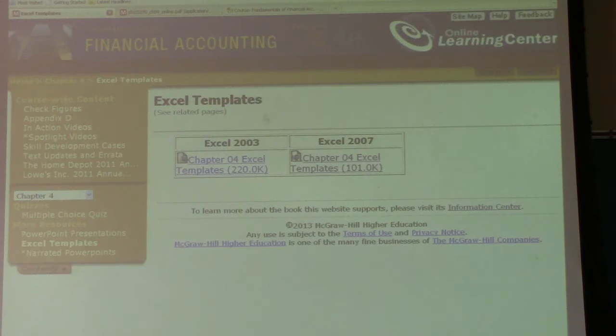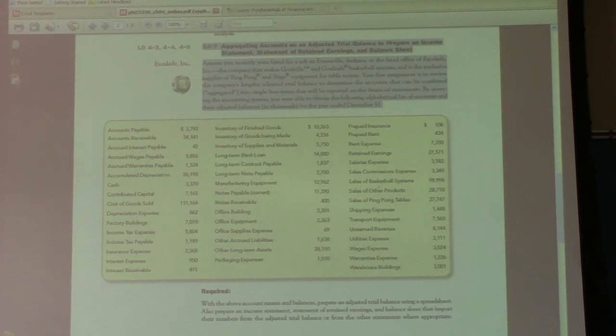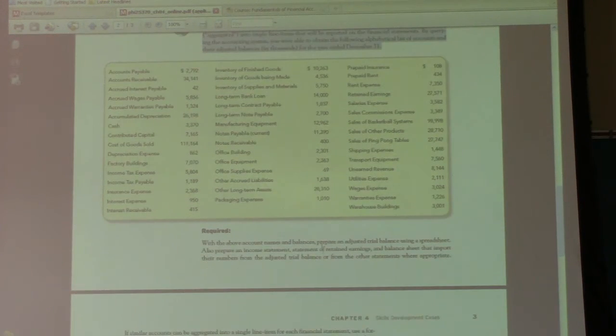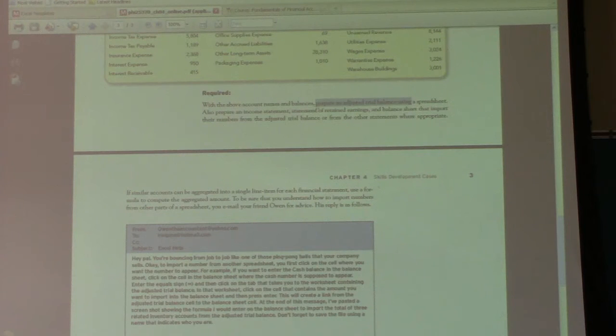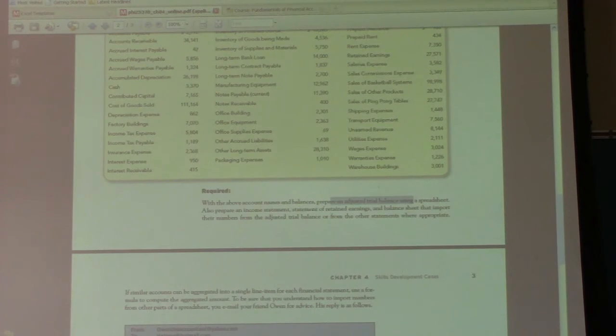All right, with that being said, when we go to read the problem here, it tells you that you were hired by a company to put together some financial statements, and the company has a very, very detailed list of account balances. So a whole lot of account balances listed out. The first thing that you have to do is prepare an adjusted trial balance. Okay, so right here it asks you to prepare an adjusted trial balance based upon this information up here,